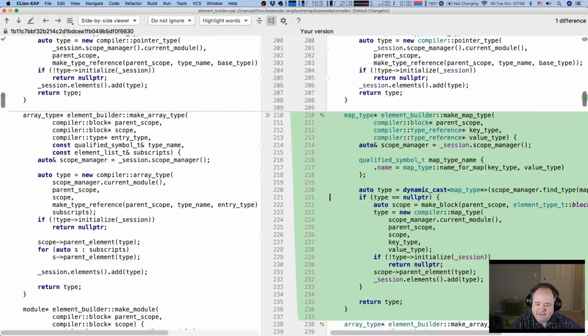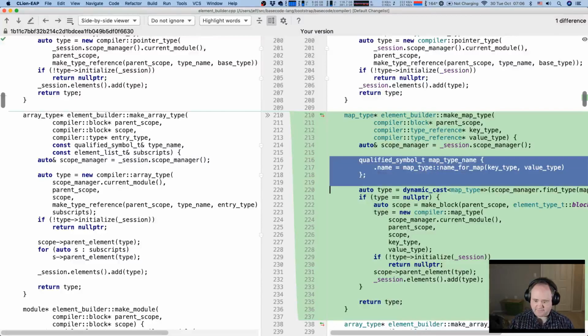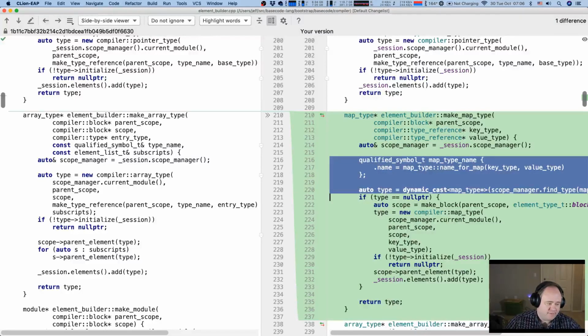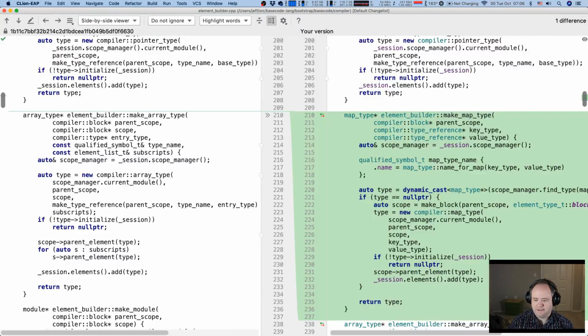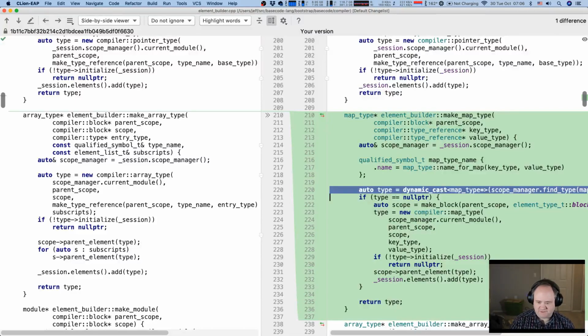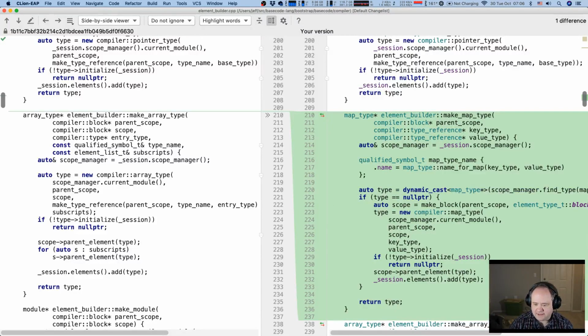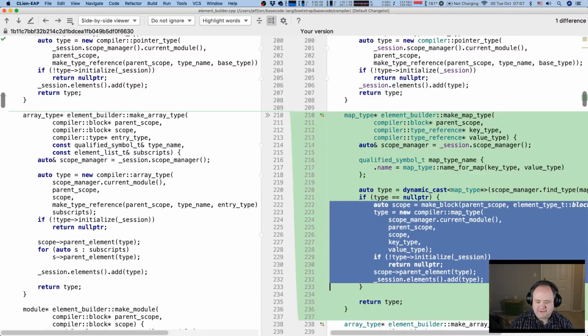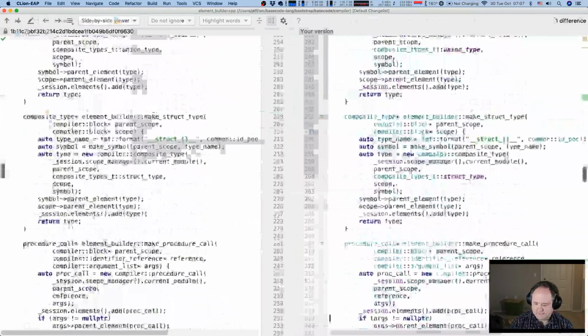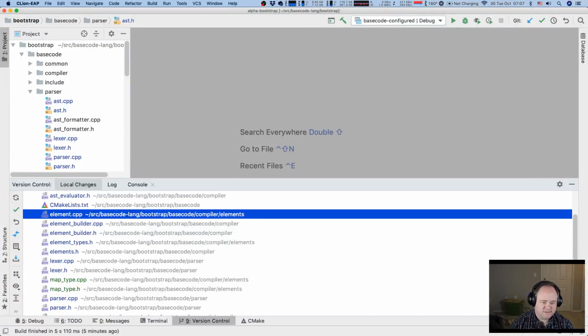I already have it. But anyway, the idea is the same, right? We look up, hey, given these parameters, is there already a map type that we can find that matches that? If there is, we just use it, right? Because we only create types where they distinctively need to be created. Otherwise, we create the type and initialize it. And that's all good, I think.